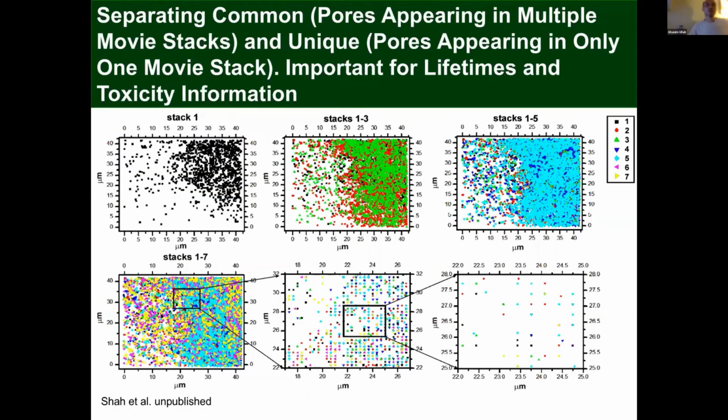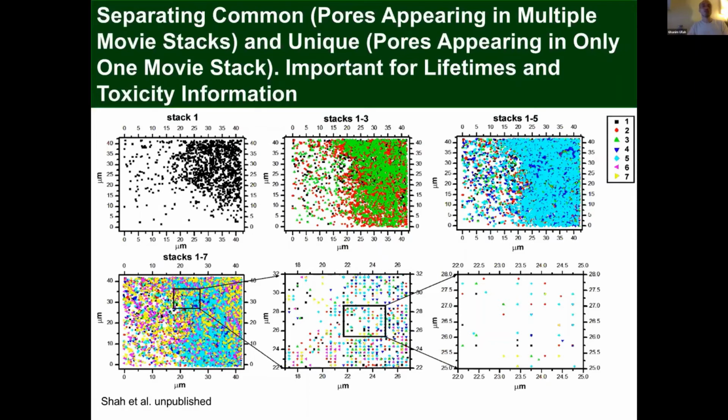Another thing, as I mentioned in the beginning, we need to figure out is, when we go from, let's say, movie 1, which I call stake 1 here, because in this image we have collapsed the movie, which is 15,000 frames, into a single frame so that you can see everything in the movie, there are some pores which come from the first movie. For example, this is movie 1, 2 and 3. Some of the pores would be just on top of each other, meaning that they were generated sometime in the first movie, and they persist in the second movie and the third movie.